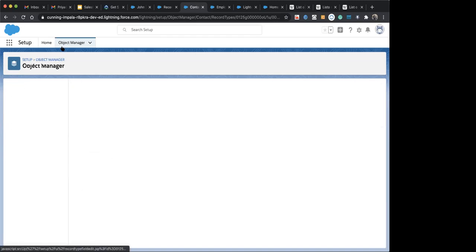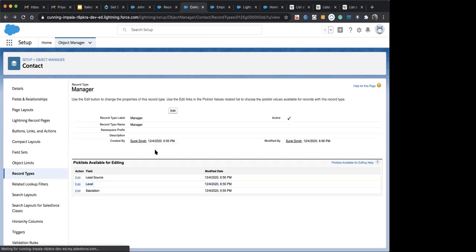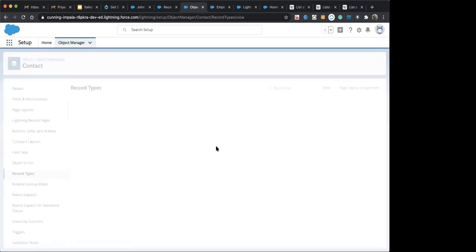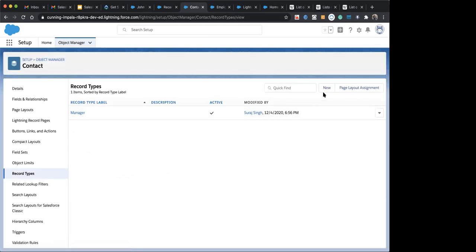Similarly, we can do it for the label and other things too. Okay, let's create one more record type so that it will make a difference.